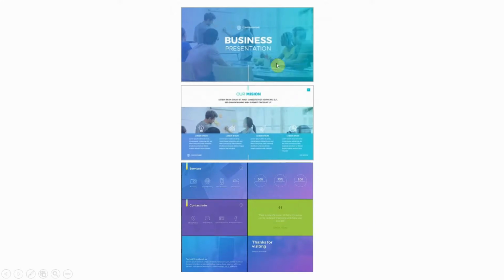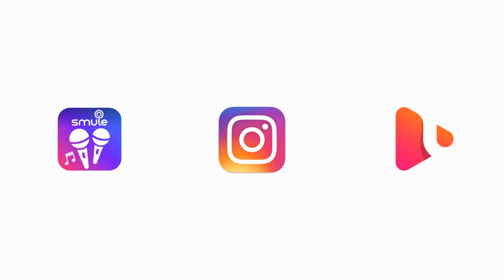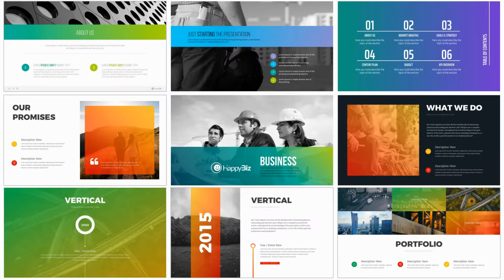And most of these slides have beautiful gradient, but the picture is also visible in the background, which means that you need to work on the transparency as well. So these are the two things we are going to learn. Even in logos, look at Instagram, Smule and other logos, most of these brands are using gradient. So these are a couple of slides that I actually thought look beautiful, and the way they've used gradient is really nice. So we are going to pick a few of these slides and we are going to recreate them.